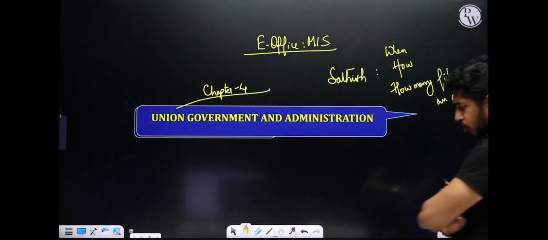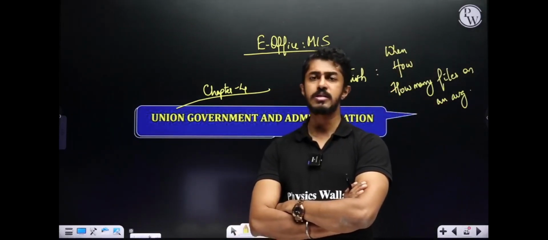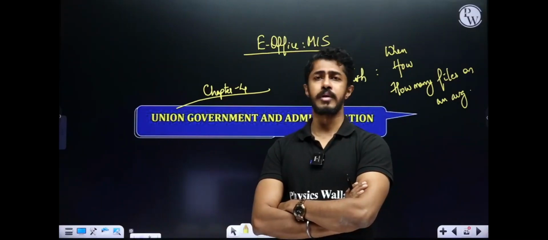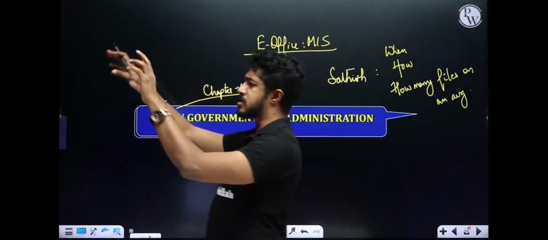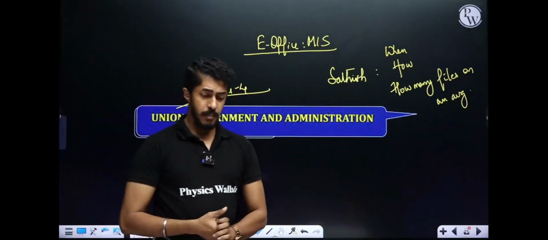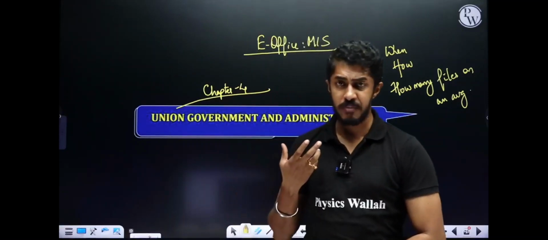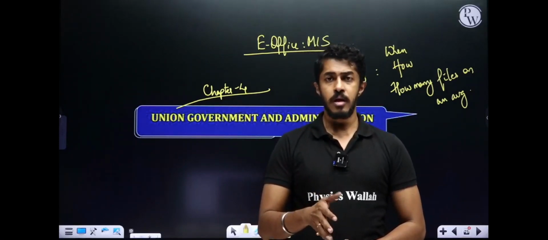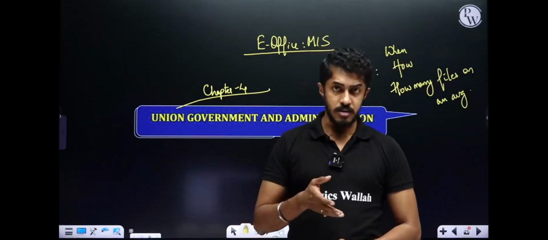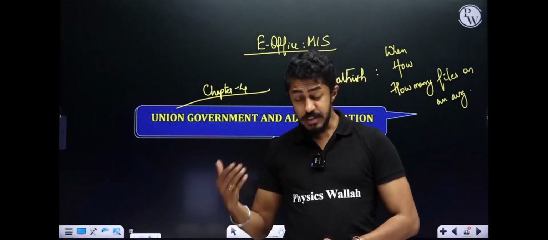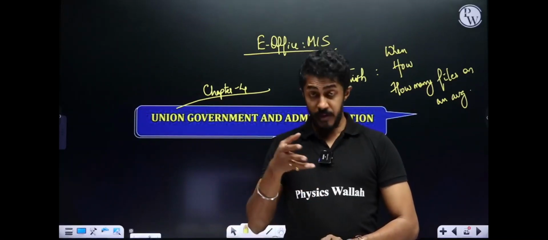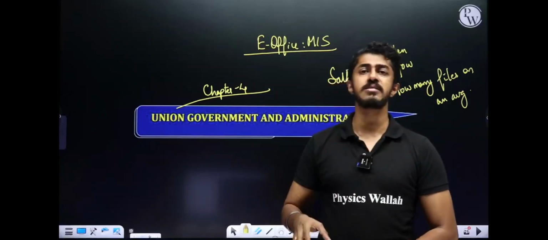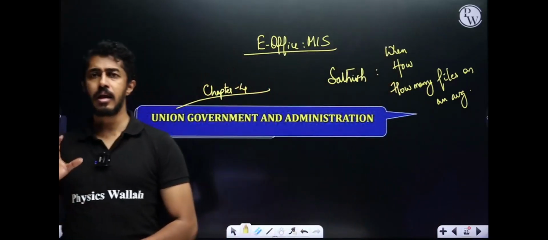All right. Now, like I told you, union government and administration onwards, it is basically polity revision on one side and application of polity. You will be learning about the president, the prime minister, the council of ministers, all that. But we will be actually seeing cases from history where the president's office did a good job and the president's office did a bad job. The different prime ministers, cabinet secretary, prime minister's office, central secretariat. These are then obviously the Indian judiciary, the Supreme Court, its various decisions, its evolution. These are the various things that will be going through here, the practical applications of it.